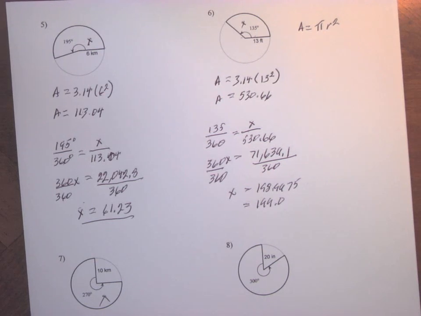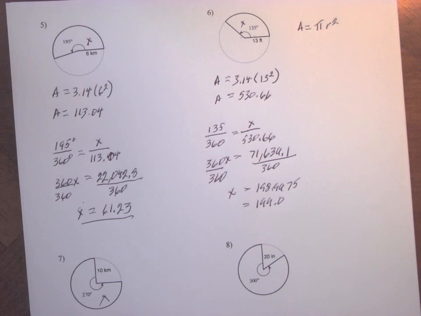And that's got to be equal to what we're looking for over the total area. Now, I could multiply this out, but if you want to make your life a little simpler, you can simplify this. Well, no, let's just go ahead and work it out. That way, that's one less step we have to deal with. So, when we cross multiply, we're left with